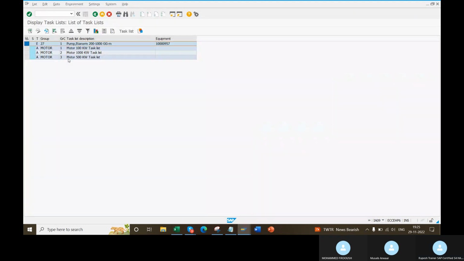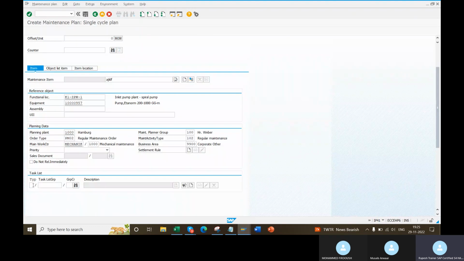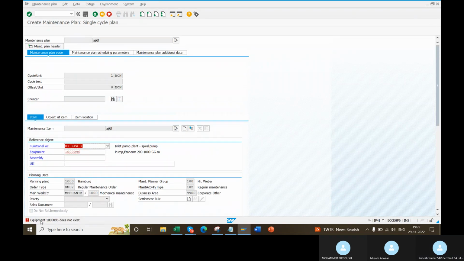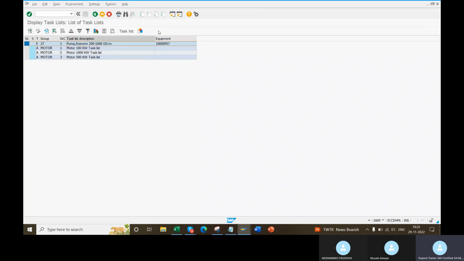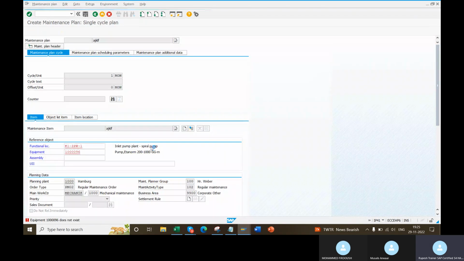Task list type E, group number 27 and counter 1. So I'm changing the equipment number. Okay, equipment does not exist. Fine, I'll take a different equipment from here.